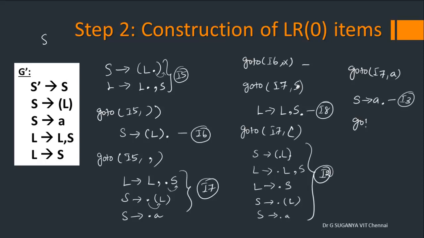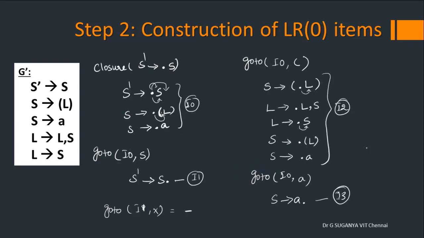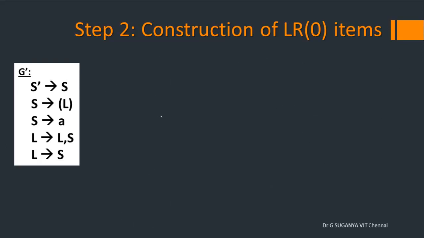So finally go to I8. Okay, since it has only one item with dot in its last position, any symbol if you put it will be hyphen. So all items we have completed now. Now we have to move on to drawing the automaton model representing this flow. Let us have a quick look from I0, which is the initial state. On applying S, you can move on to 1. Left bracket will give you 2, A will give you 3. So we'll first draw those 3.